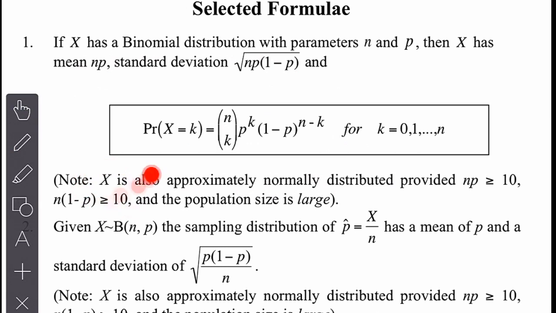It also comes from a distribution that is continuous and particularly normal. So that means it's regular. It has a regular pattern, and we can make predictions, reliable predictions, in this case an approximation, as long as n times p is greater than or equal to 10 and n times 1 minus p is greater than or equal to 10. The distribution is approximately normal, where the population size is